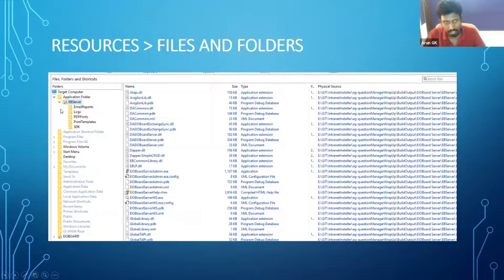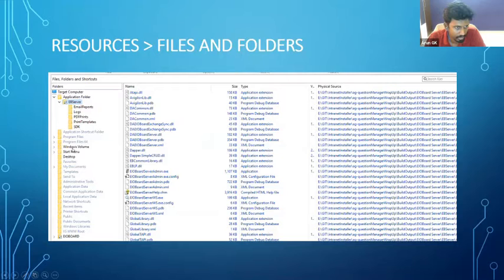I will show at the end of the session how it looks in our Dev VM. Then you can get more info about that. Whatever files are placed inside the folder will be deployed under this application folder.